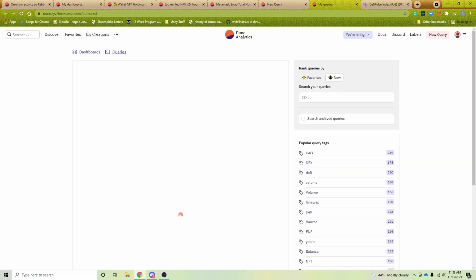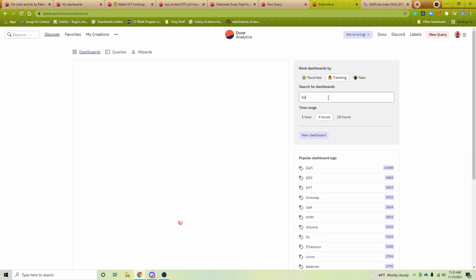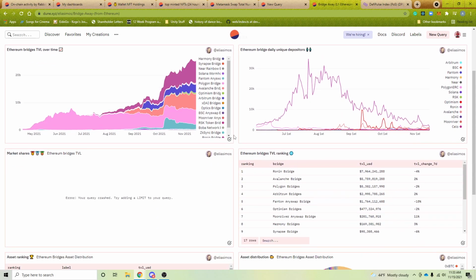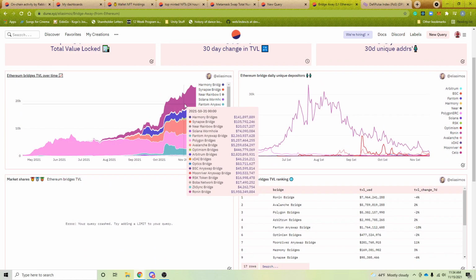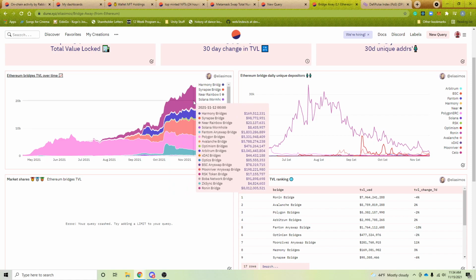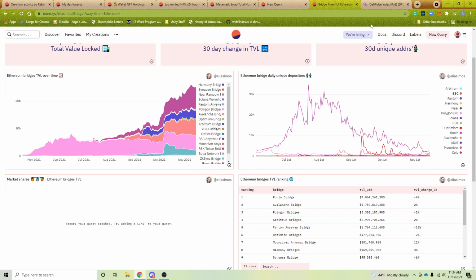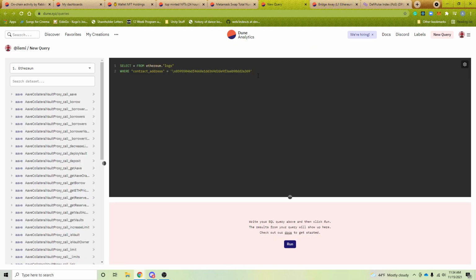So if I go to the bridge, if we looked here, you could see essentially how bridges work is you send a token to this bridge contract, and then that bridge contract will lock it up and allow you to mint or withdraw that token on Polygon, for example, right? So what I was showing was if I go to here,